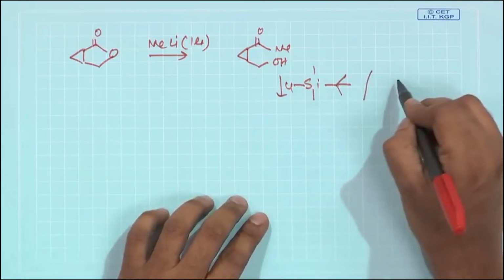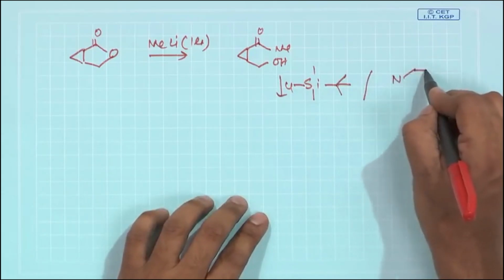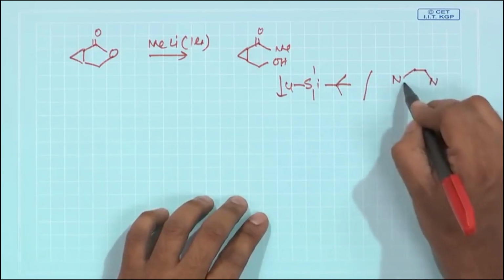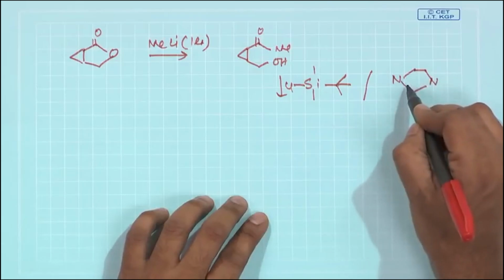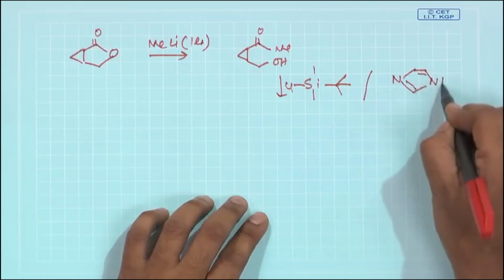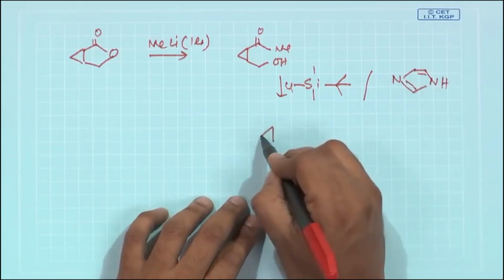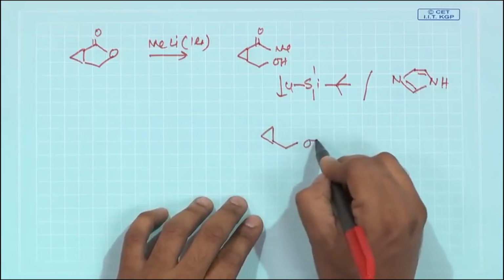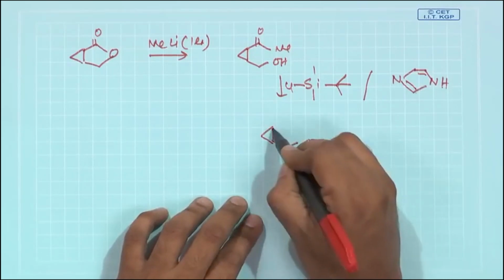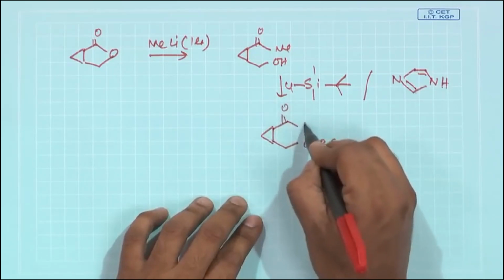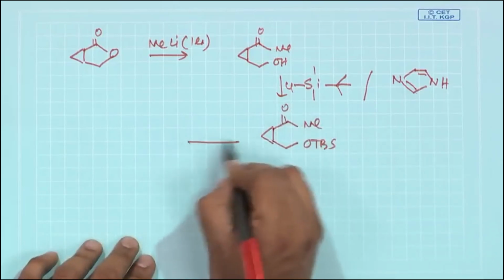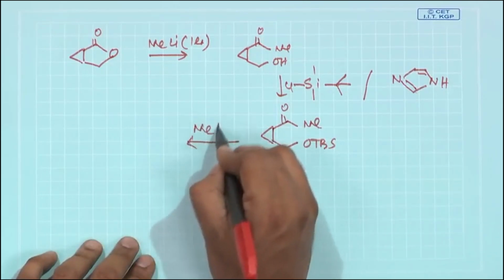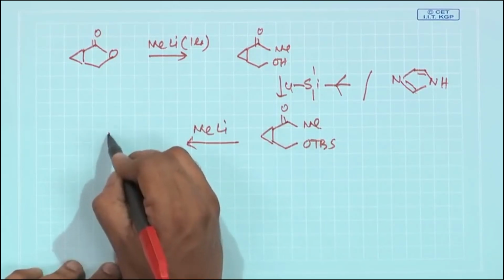The reagent used for protection purposes is a base, imidazole, and you will get this as OTBS and COMe. Then you use another equivalent of methyl lithium,